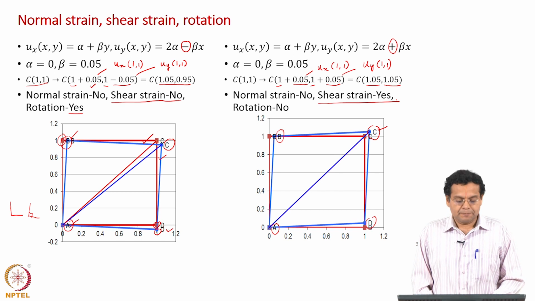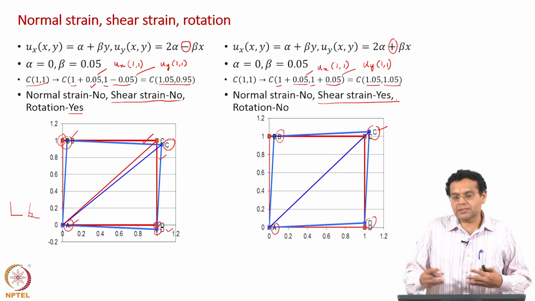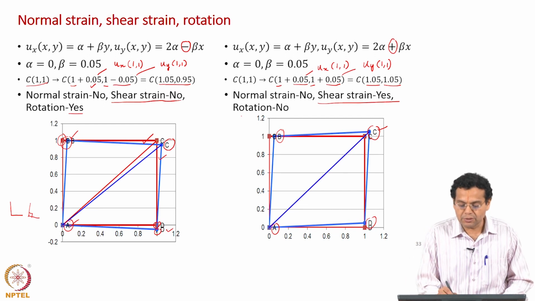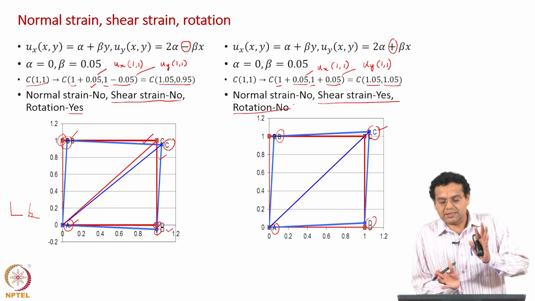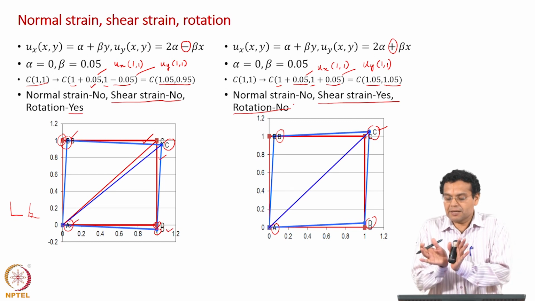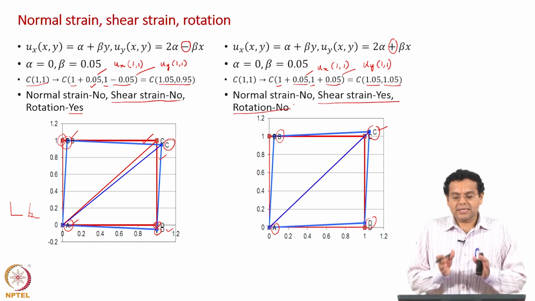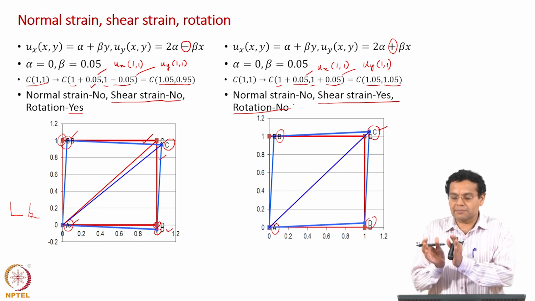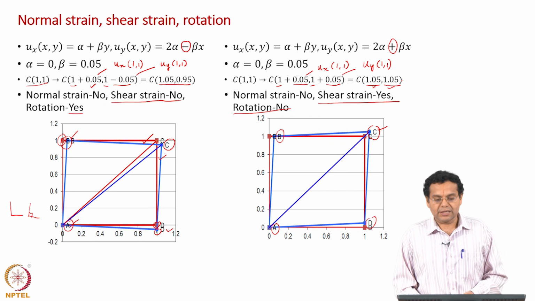Now, what about rotation? How to analyze rotation, how to view rotation? Focus on the diagonal, and the red diagonal and blue diagonal are just superimposing on each other, which means there is no rotation. So, the second case there is no normal strain, just like the first case. In the first case there was no shear strain, it just turned like this, but in the second case it has become like this, closer to each other, very slightly. So, there is shear strain. First case just rotated, second case was symmetric, remains symmetric. See, it is 1.05, 1.05, so along the same diagonal. So, there is no rotation.